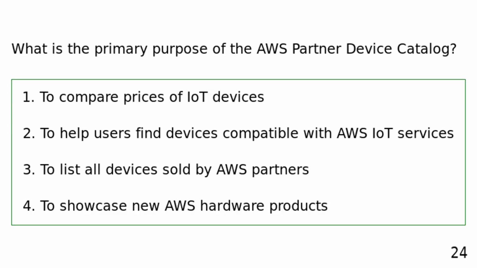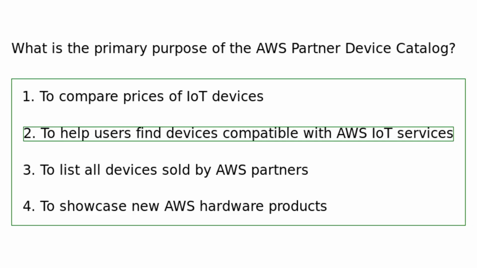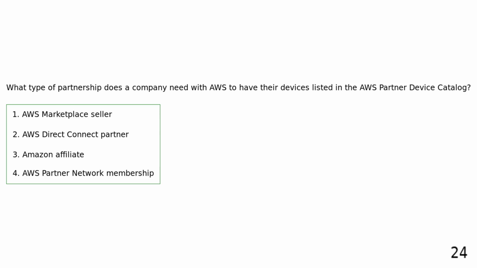What is the primary purpose of the AWS Partner Device Catalog? To compare prices of IoT devices. To help users find devices compatible with AWS IoT services. To list all devices sold by AWS partners. To showcase new AWS hardware products. The primary purpose of the AWS Partner Device Catalog is to help users find devices that are compatible with AWS IoT services. What type of partnership does a company need with AWS to have their devices listed in the AWS